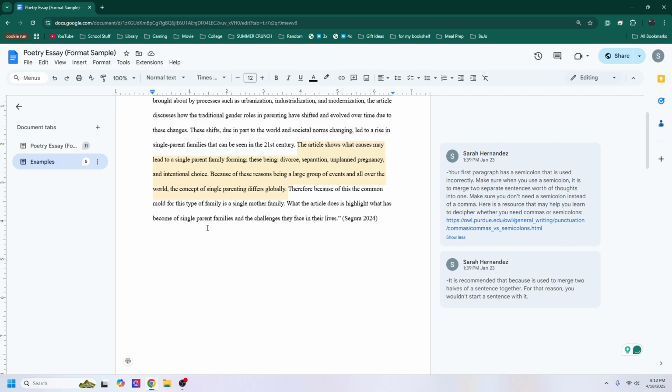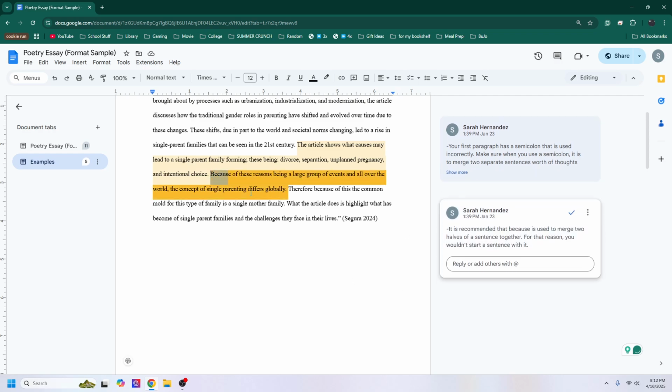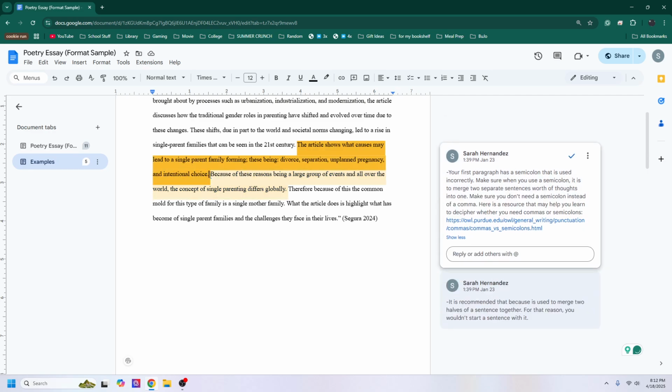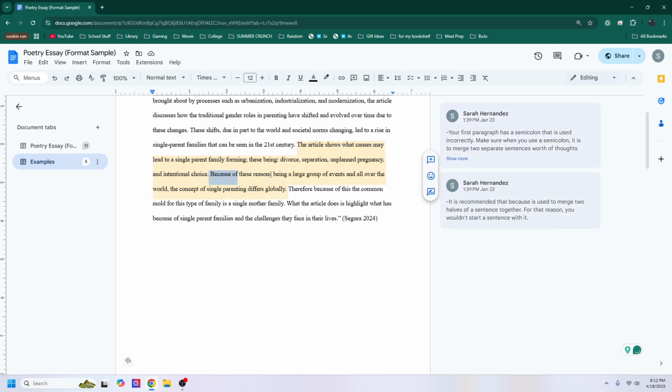The other thing is that he starts this sentence with "because." It's recommended that when you use because, it's to merge two halves of a sentence together. You don't want to start a sentence with it. Again, it makes it kind of confusing because you don't know what it's tying into. Usually because is to relate to the sentence before it, but you should just remove this period and have it be here. You would say, these being divorce, separation, unplanned pregnancy, and intentional choice because, oh, well, actually, in this case, you wouldn't even do that. You would just take these out and say, these reasons are,